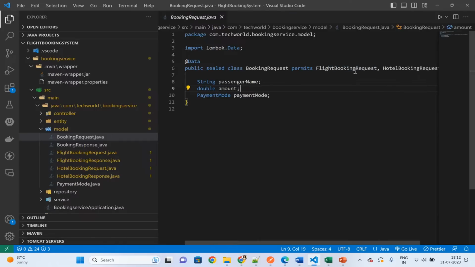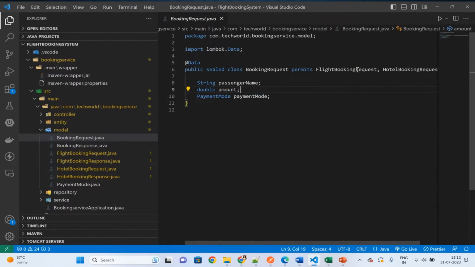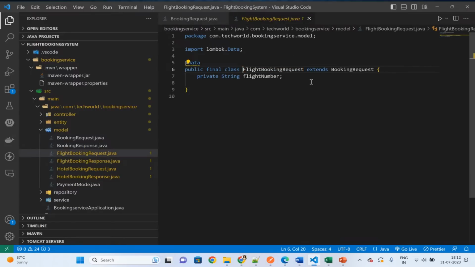So either you go for flight booking or you go for hotel booking, you need a minimum of this information: for which passenger you want to do the booking and what is the mode of payment. Next we will see the flight booking request. For the flight booking request, I have only defined a property called flight number. The reason is that I have not defined other details like the origin, the destination, on which travel date it is traveling, because this information we are trying to retrieve from the flight service